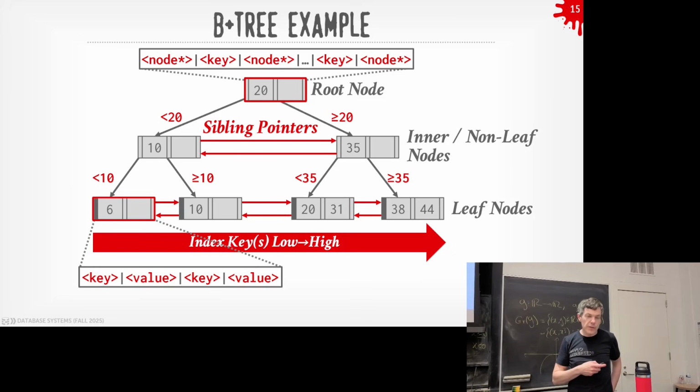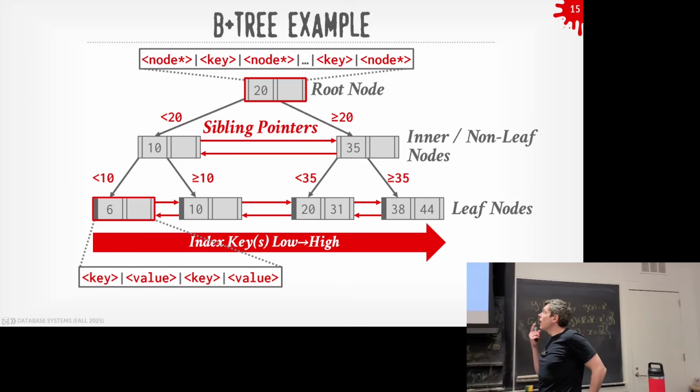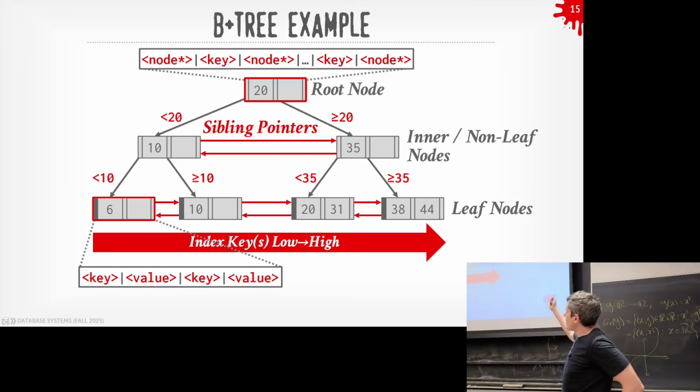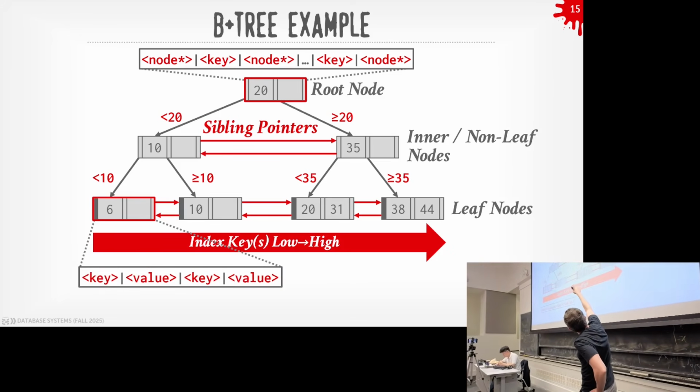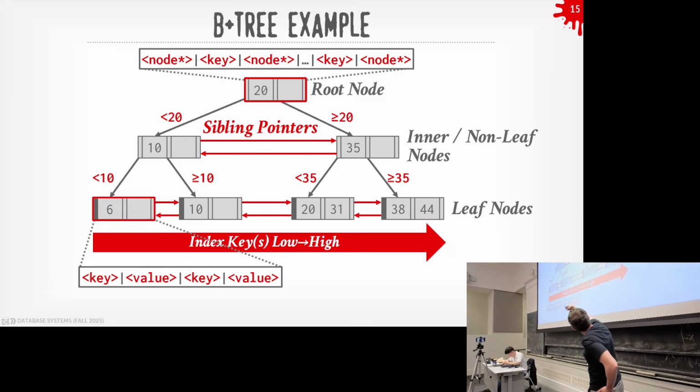The question is, what are the values of M? N is just the number of keys at the bottom. You would count those. But M would be, in this case, 3, because for every node, going back to the one at the top, you have a node pointer that tells you how to go down to one side. You have the discriminating key that tells you whether you want to go left or right based on its value, followed by the next pointer.